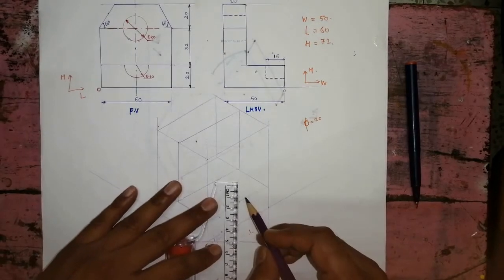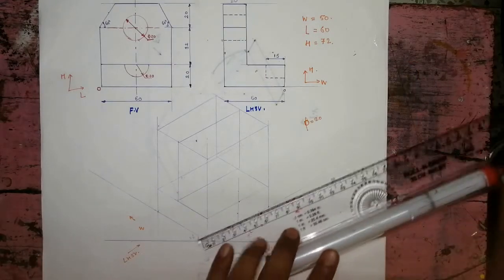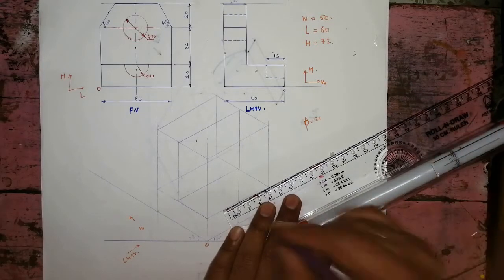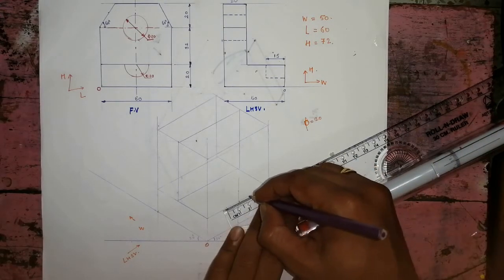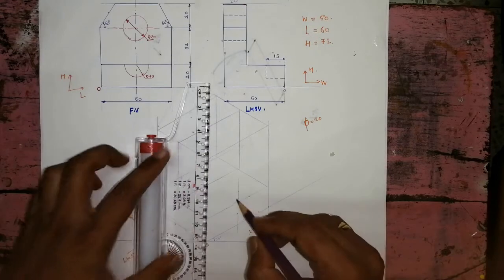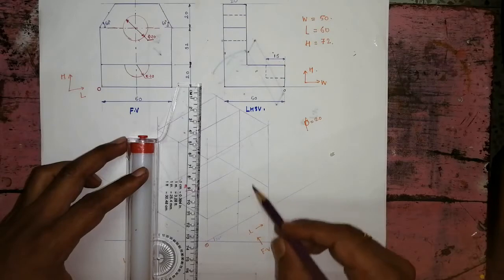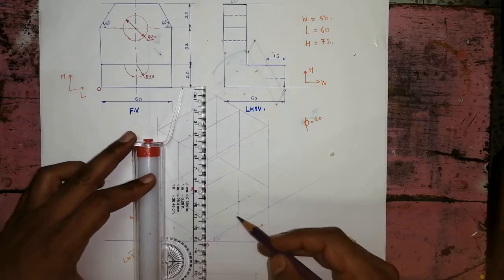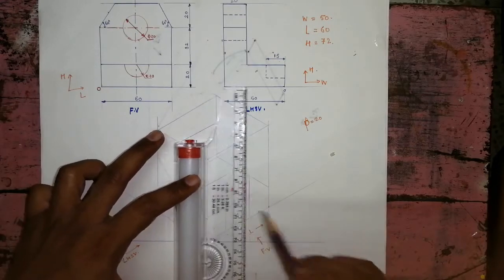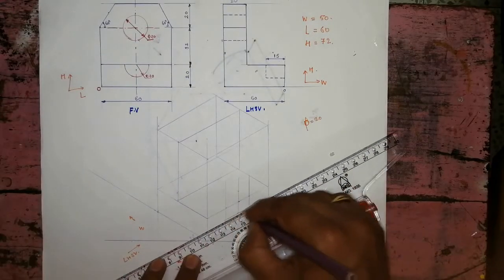So here it is 10, 10, and this side also 10 and 10, so total is 20. I am taking from the center, so I am taking 10, 10 here. This is 10 on this side and 10 on this side. So we got here 4 points. Now from these 4 points we have to draw the lines parallel to height and length only. So from these two parallel to height, like this here, and then from these two intersections parallel to length, because we are working on length and height isometric plane.